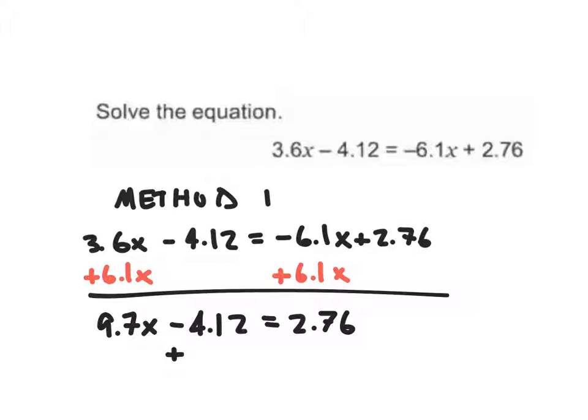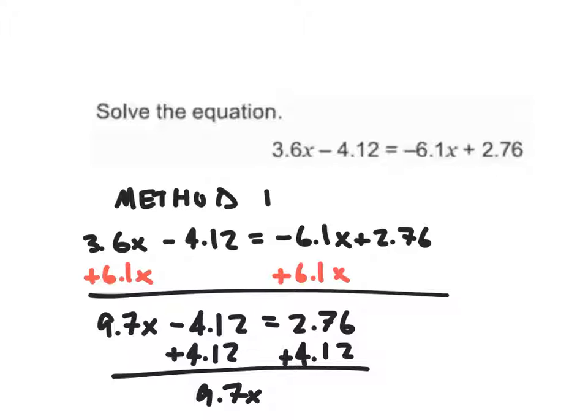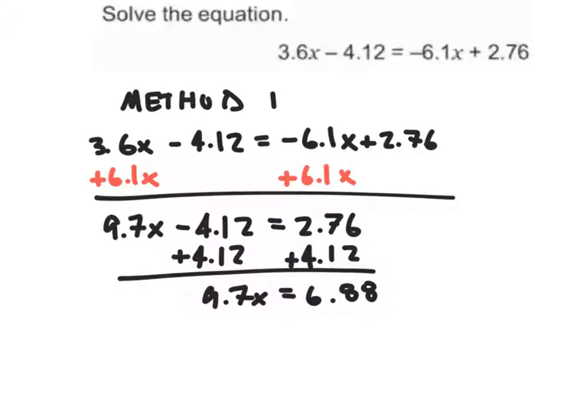Now I'm going to add 4.12. Okay, and that's the other thing. I noticed that this number was negative. So if I add that to both sides, okay, I'm adding it to a positive number, which is just going to make it positive. So plus 4.12, and that's going to give me 9.7x is equal to 6.88, all right? And then I'm going to divide both sides by 9.7,